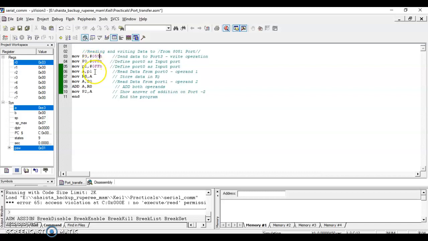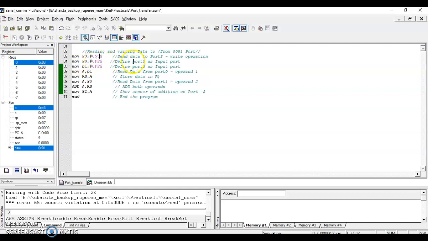Now another aspect is reading data from the port pin. If you want to read data from the port pin, first of all you need to define the port as an input port. So in 8051, if you want to define the port as an input port, then you need to make port 0 and port 1 as an input. For that, first of all, you need to send FF to the port pin.